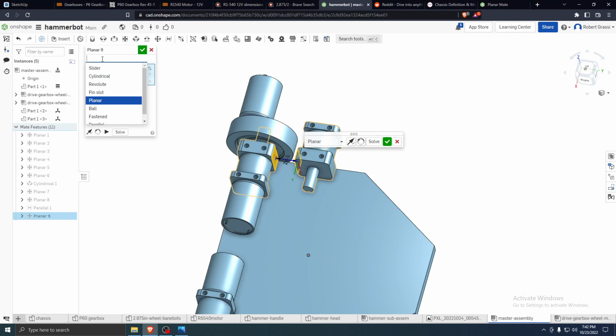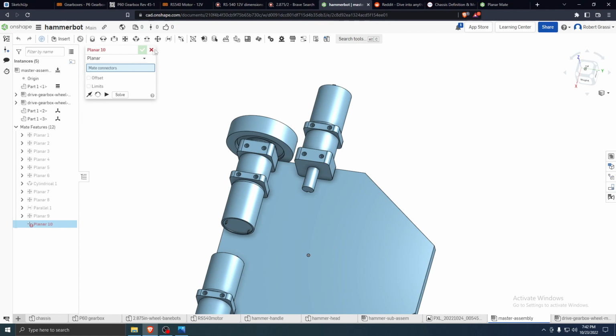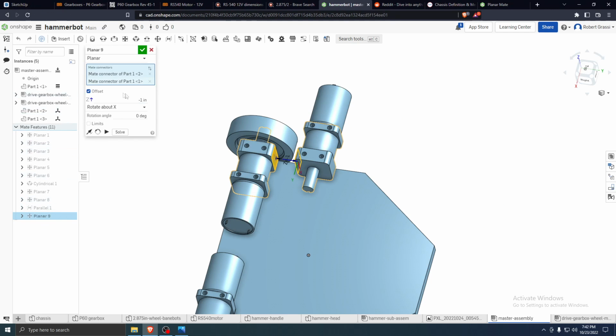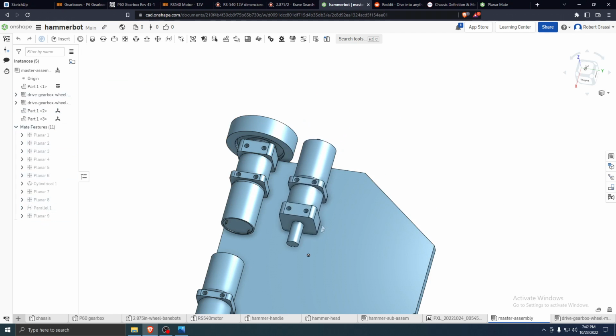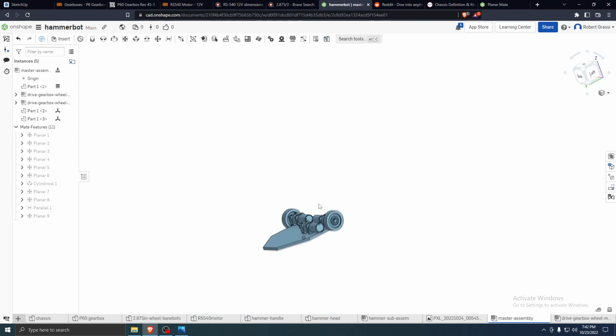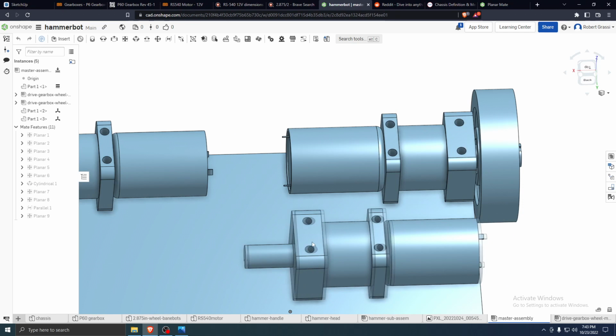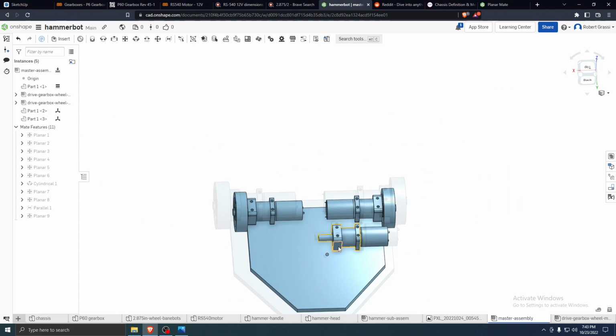Okay, so if we want to have this be a certain distance, we can do a planar mate and hit the offset button. So here we'd use -1 inches because you have to use a negative sign to tell it which direction to go into. If it goes in the wrong direction, just throw a negative sign in there. Okay. So now we can move this around, and we want to design a part